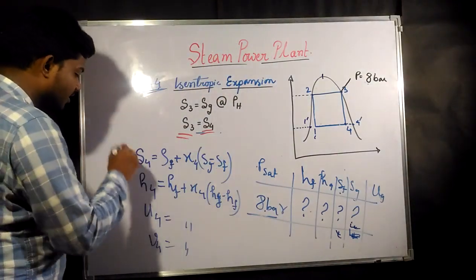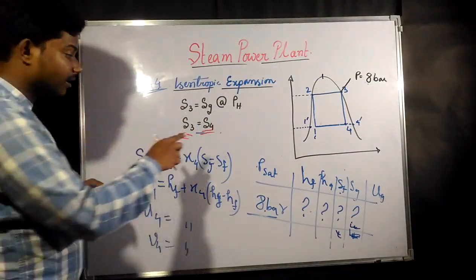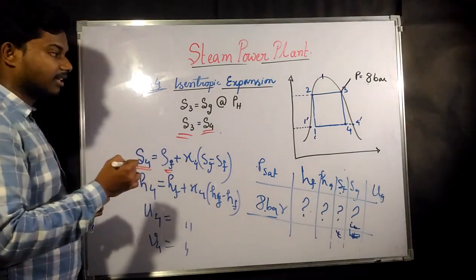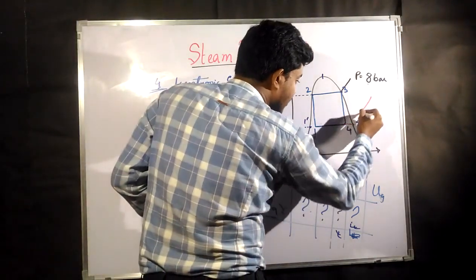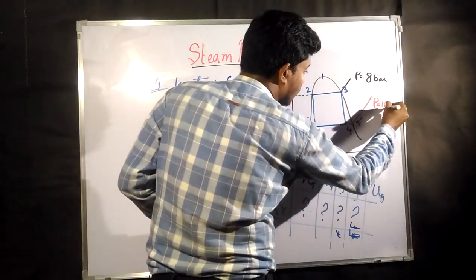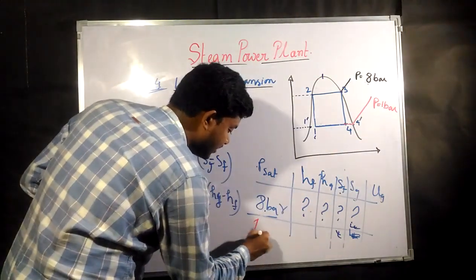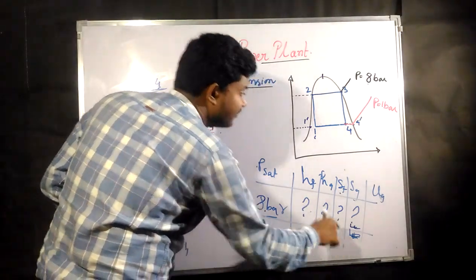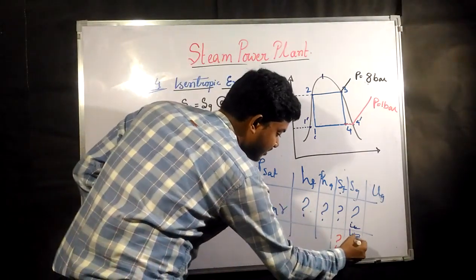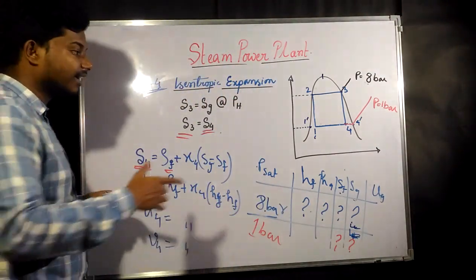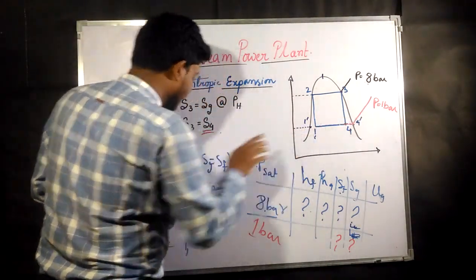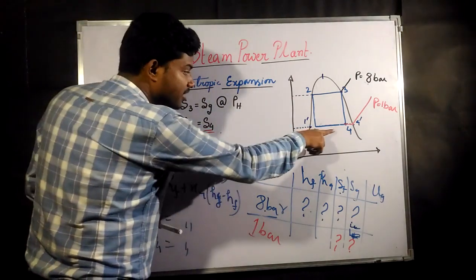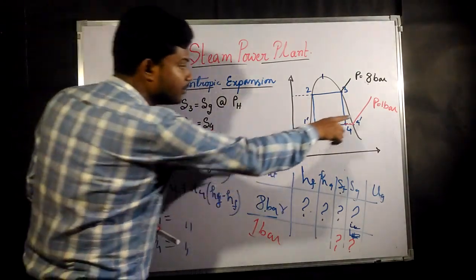Now in this equation you already know S4. From the steam table you are going to find SF. That means it is going to have a pressure again. Suppose the pressure is equal to 1 bar. If you go to the steam table at the pressure of 1 bar, you are again going to have some value of SF and some value of Sg. This is for a particular pressure. So S4 is at what pressure? S4 is at a pressure equal to 1 bar.